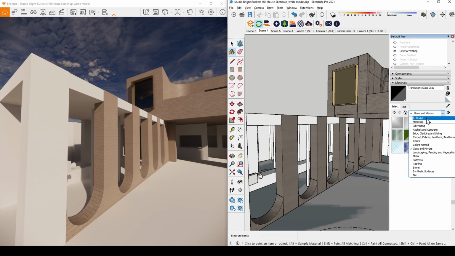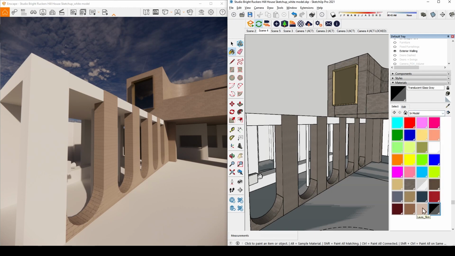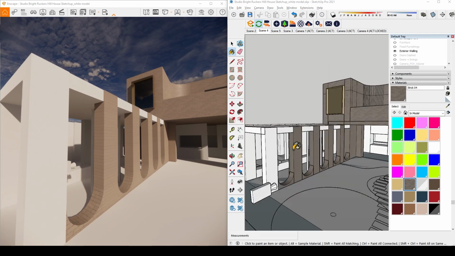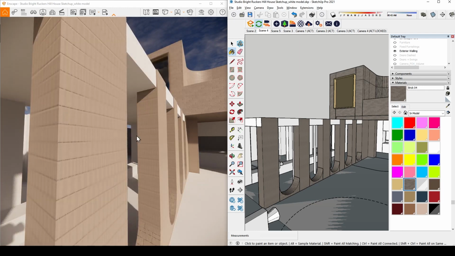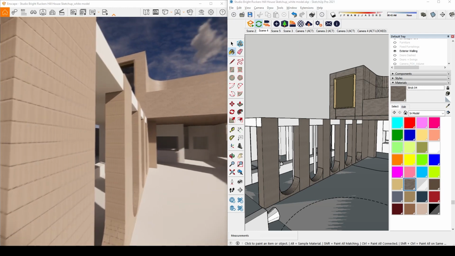If we scroll up, we can go to in model, and then we can just go back into the previous material. So brick 4 is over here. Then I can go back into my model and I can click here and I've got the bricks that I needed. Another issue that we can see we've got going on here is the scale of the bricks is working